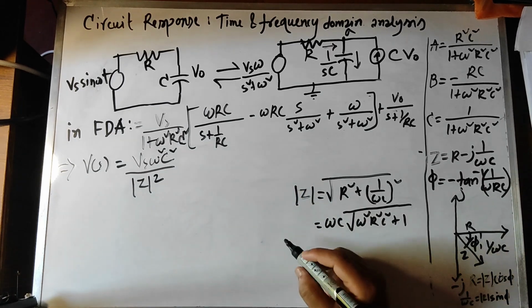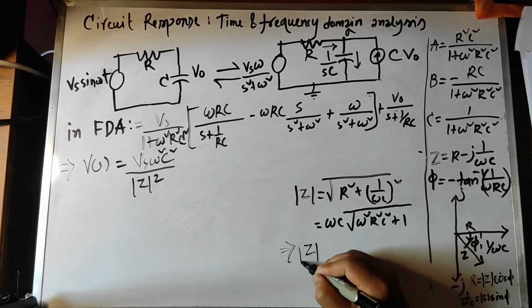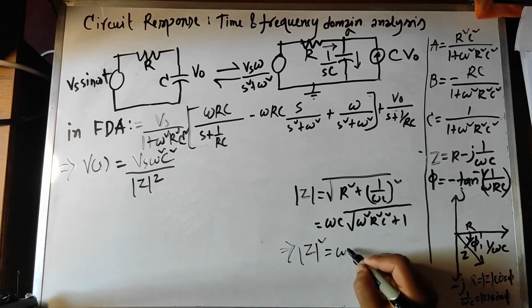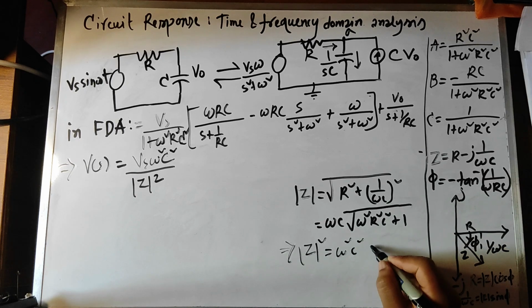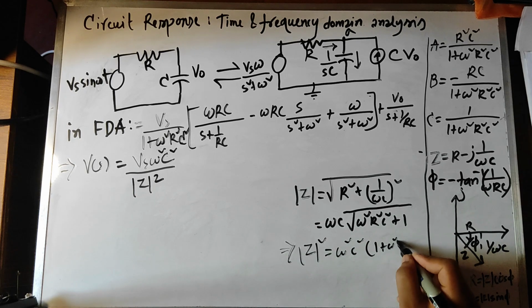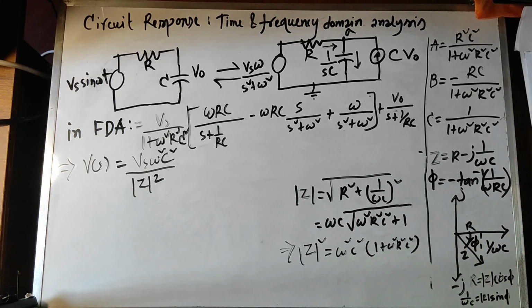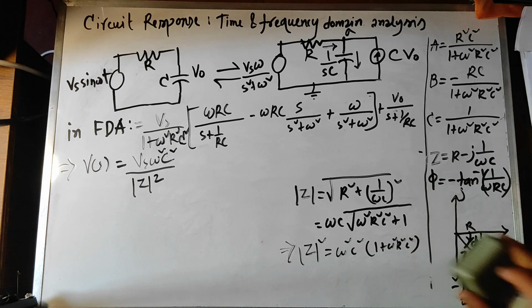Okay, so here Z square is 1 by omega square C square, 1 plus omega square R square C square. Now